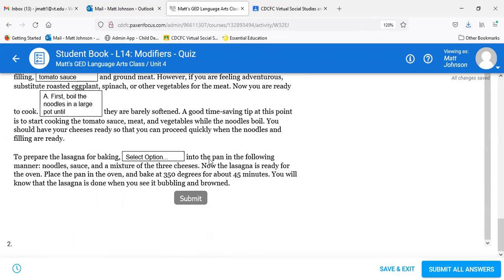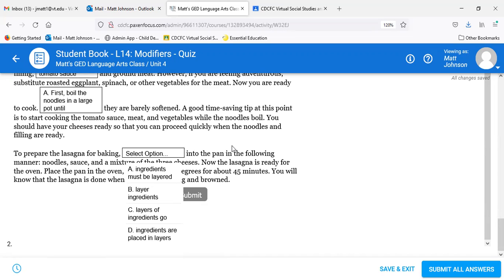A good time-saving tip at this point is to start cooking the tomato sauce, meat, and vegetables while the noodles boil. You should have your cheeses ready so that you can proceed quickly when the noodles and filling are ready. To prepare the lasagna for baking,